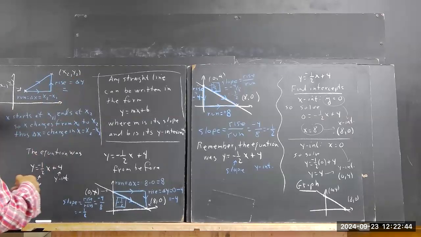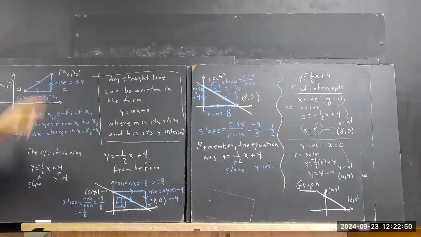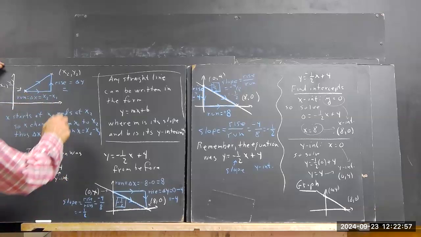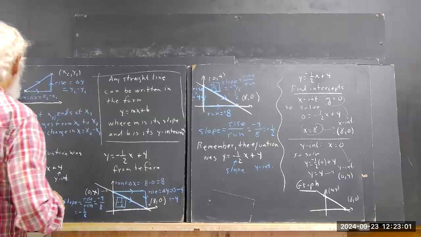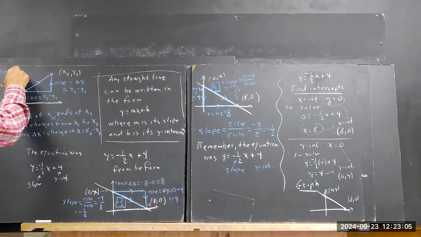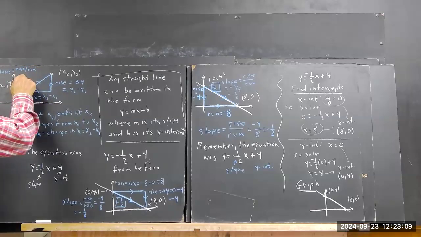Now we don't have time where I'd ask you to write this out for me, but the rise is your delta y. Well, we're starting here and ending here, right? We start at y1 and end at y2. Your rise is then y2 minus y1. So now the slope equals rise over run equals,